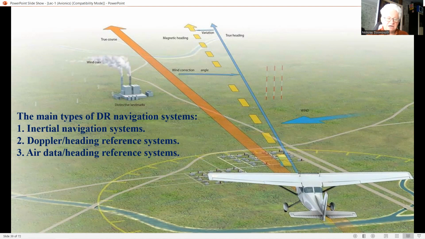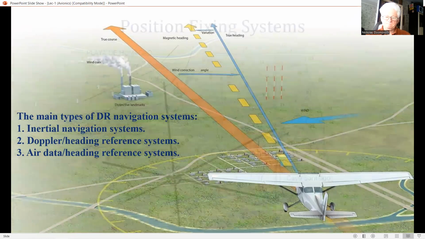Third, air data or hybrid reference systems. These systems are mainly used as reversionary navigation systems, being of lower accuracy than one or two. A characteristic of all DR navigation systems is that the position error builds up with time, and it is therefore necessary to correct the DR position error and update the system from position fixes derived from a suitable position fixing